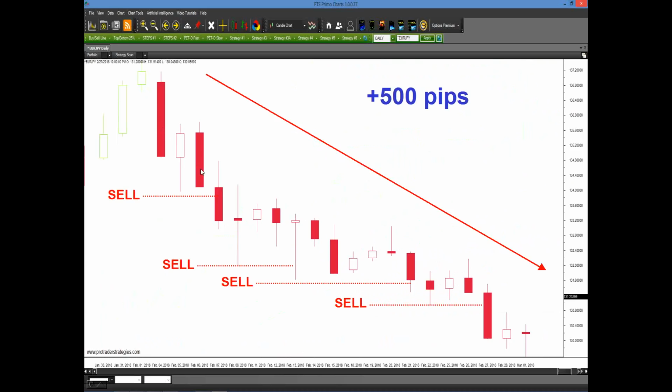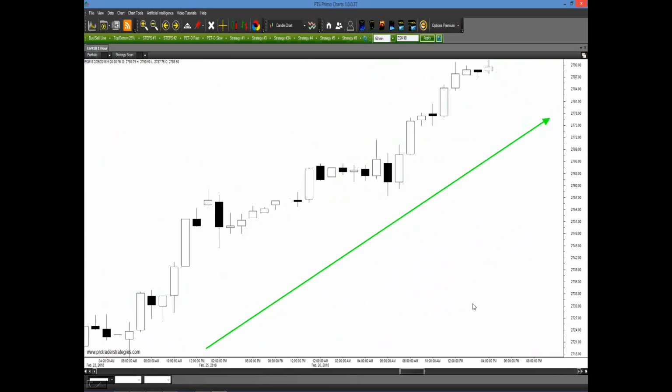In fact, the first 3 bars told us it was going lower. Had you used the first setup that I taught you today, that's 500 pips to the downside that you potentially could have captured. Now, if you don't trade currency pairs, you trade the E-mini futures or other futures, here's